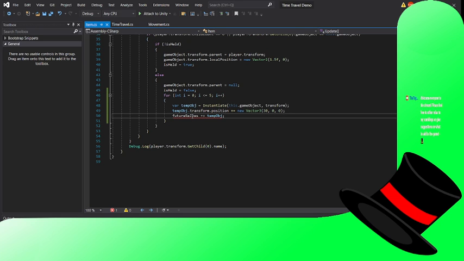I'm just gonna do it. Oh, sorry, future selves dot add, right? No. Future selves i equals temp object. There we go. So now, whenever i increases, it creates a new temp object that puts it over 30 units into the future. Then it adds that object to the future selves